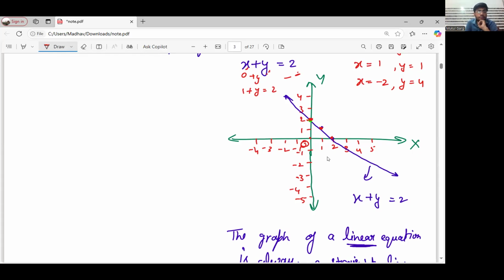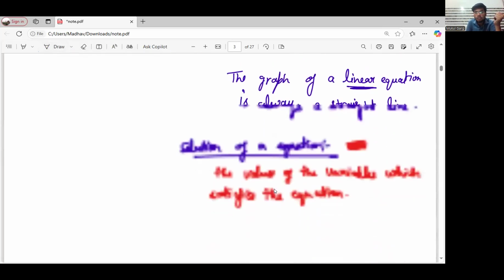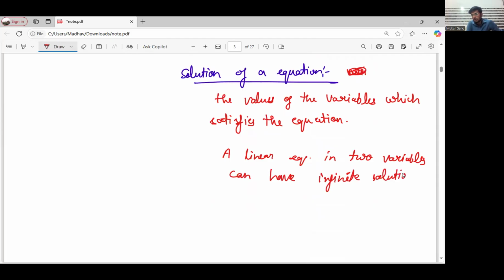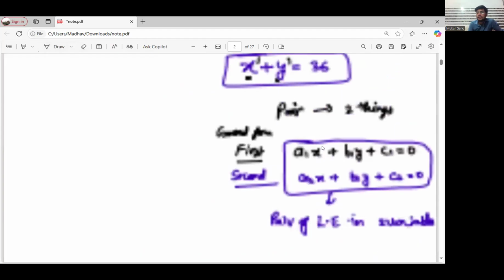So every point on the graph will satisfy the equation. हर point graph पर या line पर satisfy करेगा equation को. And on a line, on a straight line, how many points we can have? Infinite number of points. So that's why a linear equation in two variables has infinite solutions. All right. Now, students, I'm saying that the chapter name is pair of linear equations in two